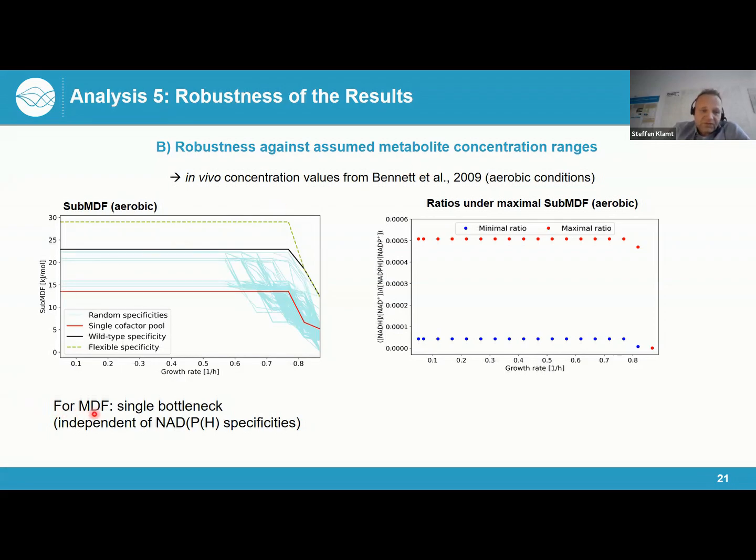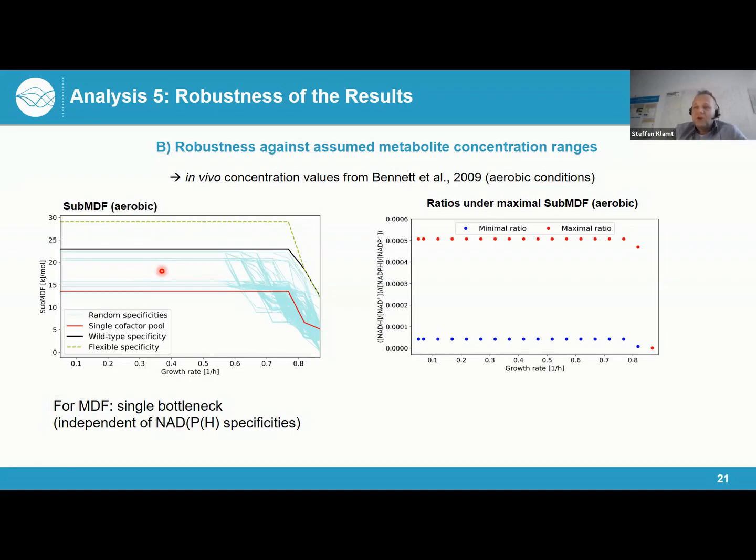So we first computed that for the MDF, but what we found, using these in vivo concentrations, is that there's one single thermodynamic bottleneck in the network, which is not related to NAD or NADP dependent specificities, and therefore changing the NAD or NADP specificity would not change this MDF value. So all these different specificities analyzed, including the random specificities, would yield the same MDF. Therefore, we now focus on the sub-MDF, and this is one example where having the sub-MDF is really useful,